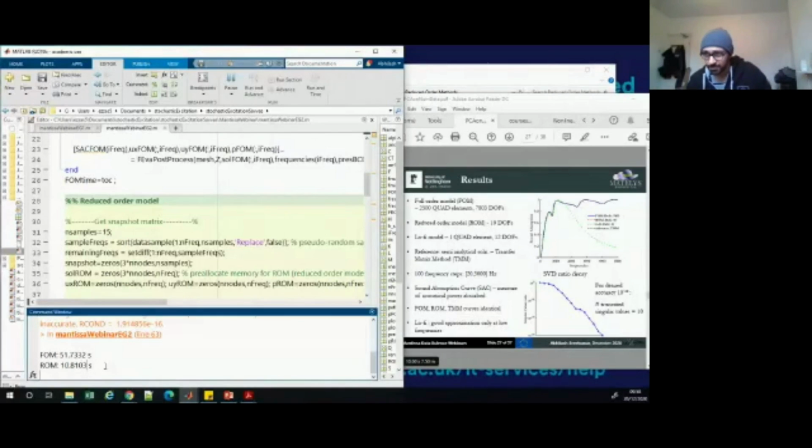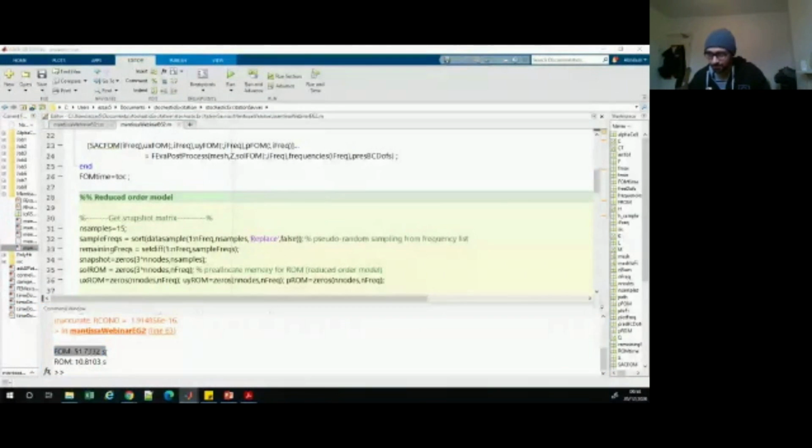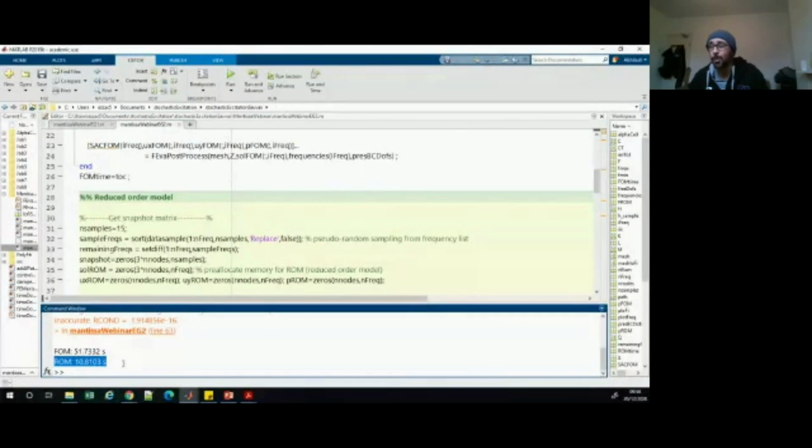Oh, wow. Do you see these results right here? Isn't that amazing? The full order model took us 50 seconds. The reduced order model took us 1/5 of that time, 10 seconds. Of course, you will see that there are some caveats with the inaccuracies, but let us compute how much time we saved in this. So we got